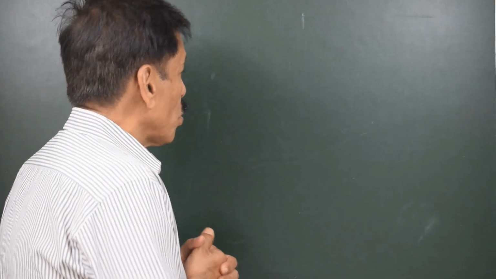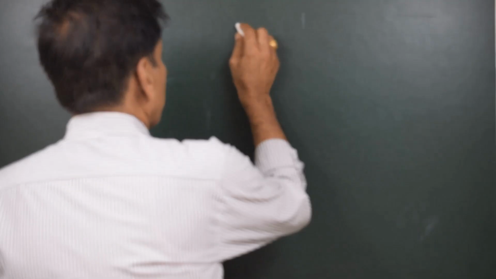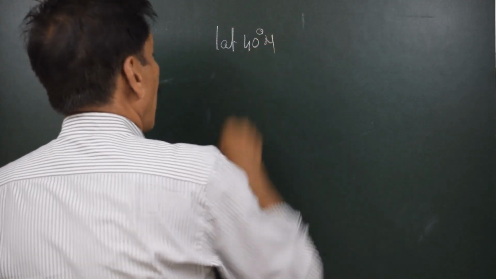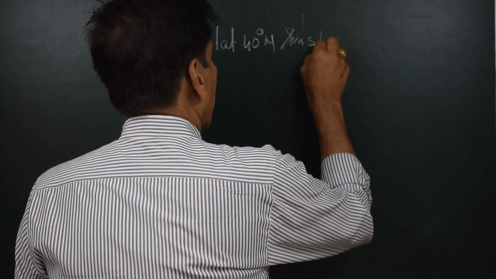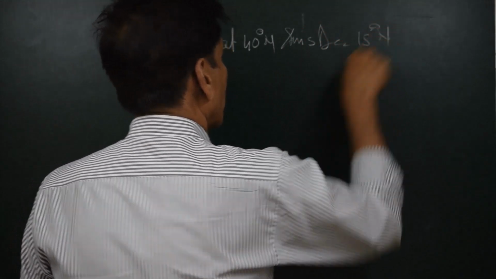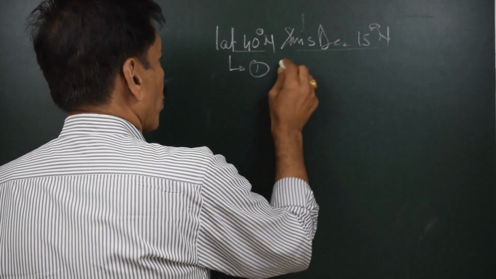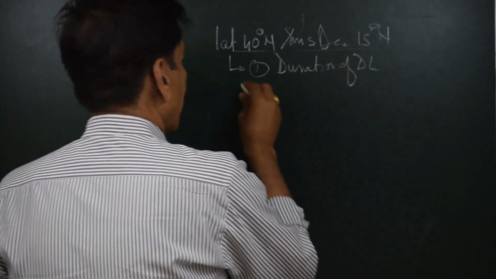As you know, sides as well as angles, they are measured in terms of angle, right? So let us do one calculation which will demonstrate both the types of Napier calculations. Okay, then let us see that there is this latitude of 40 degrees north, and then we have the sun's declination as 15 degrees north. It is required to find out, number one, what is the duration of daylight, and number two,